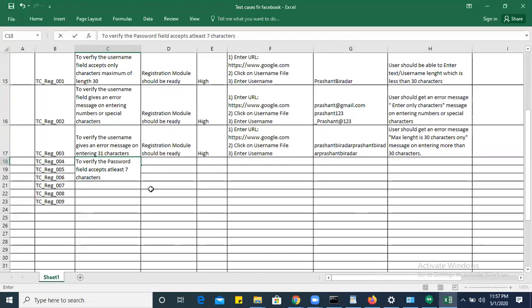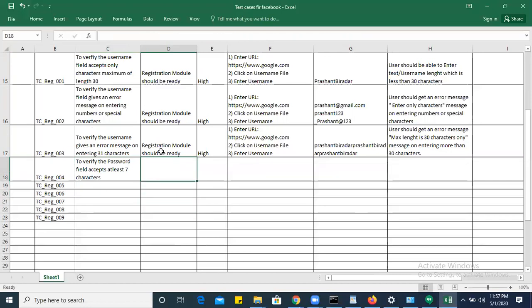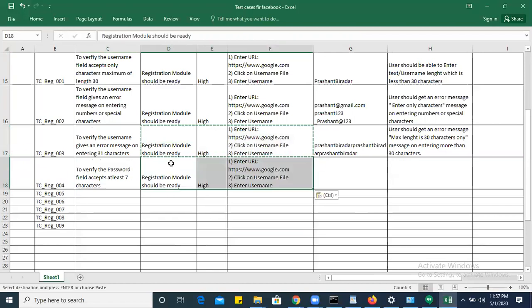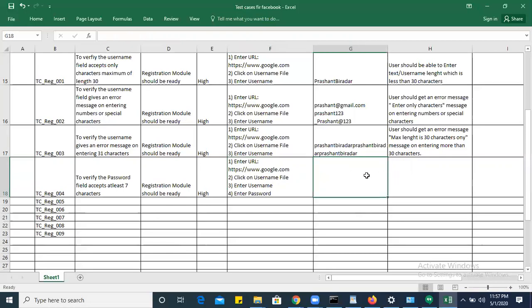Seven characters, right? Enter username, then enter password. So 7 characters means Prashant at the rate Prashant 1 2 3 4 5.